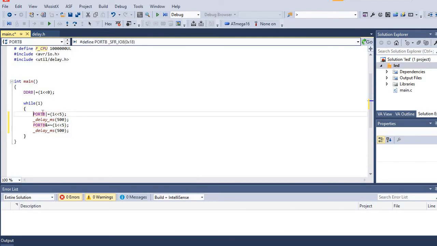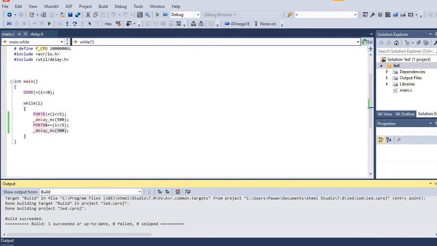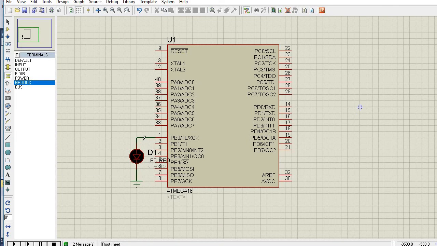In this case, first I am setting the 5th bit, the 5th pin of port B. So the 5th bit will be set and then delay, and then again I am clearing that particular 5th bit and giving one delay. Okay, we will build this and move to the Proteus simulation. Now here it's the 5th bit, so this is the 5th pin.